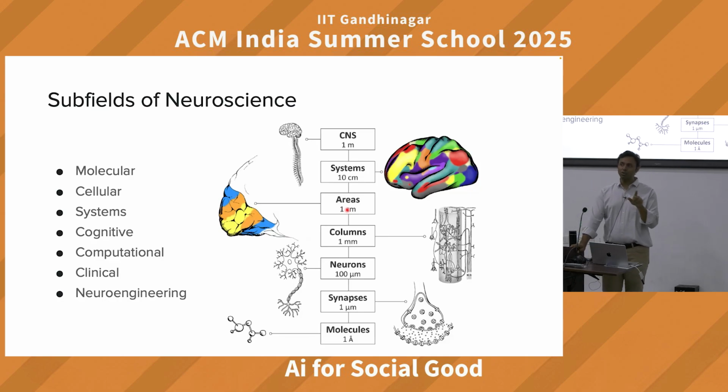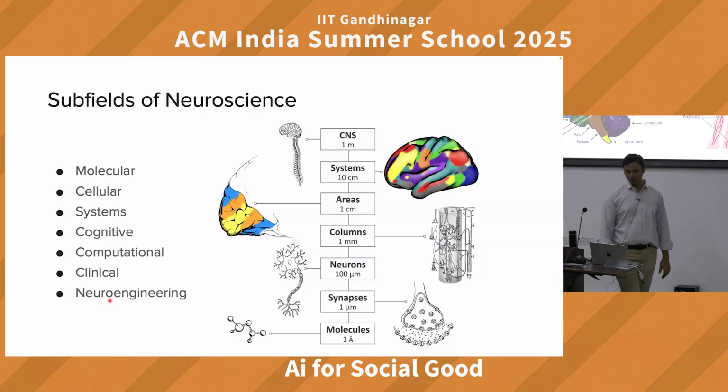But that is not how the brain works. The brain works in a very different way. We'll talk about it more. So computational neuroscience is trying to understand how the brain works. Can we find principles of the lowest units and create from the bottom up? Clinical is application to clinical aspects, and neuroengineering is again the BCI that we saw, the monkey playing, is something we call neuroengineering.